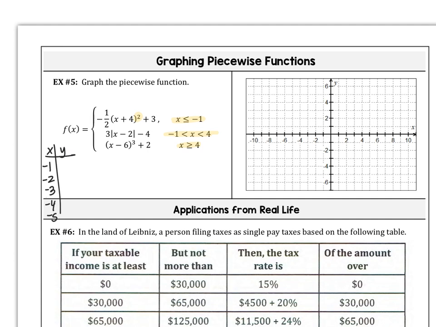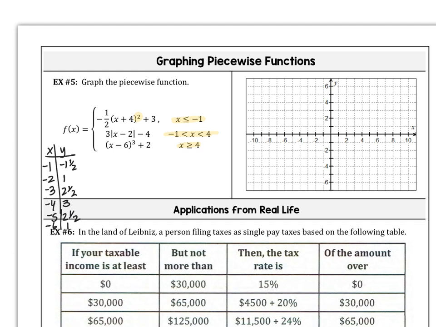So I'm going to plug in -1 up there, and that should give me -1.5. If I plug in -2, I get 1. If I plug in -3, that gives me 2.5. If I plug in -4, I get 3. -5, 2.5. And if I keep going, go one more, this is 1 again. Okay, so